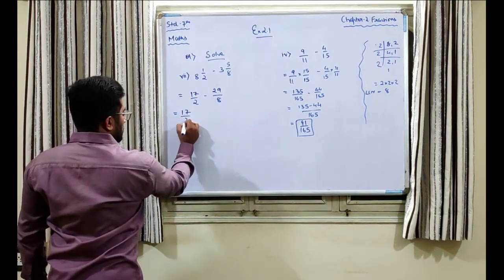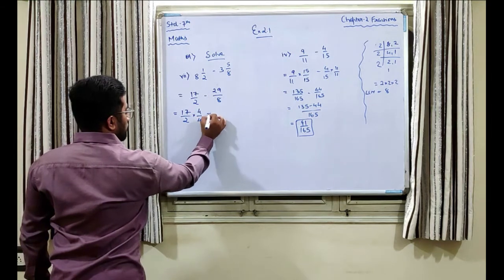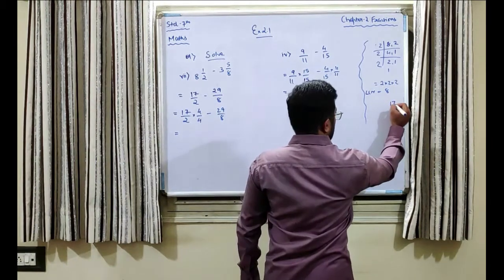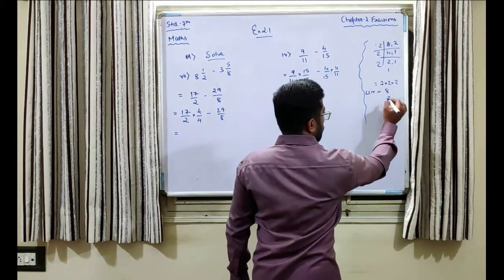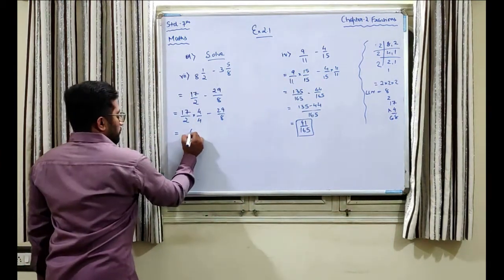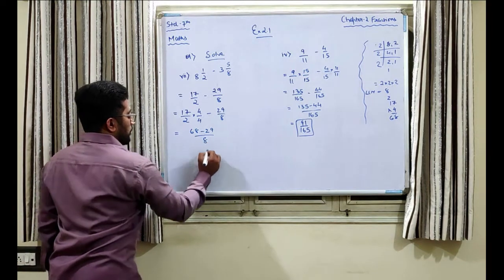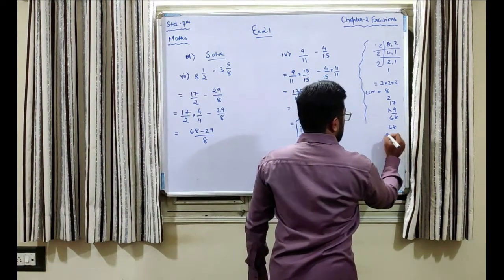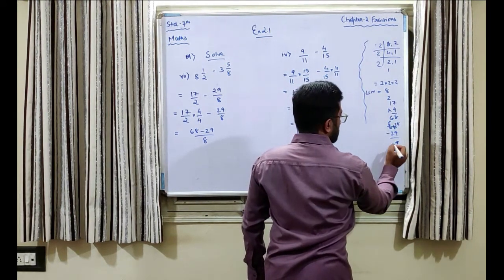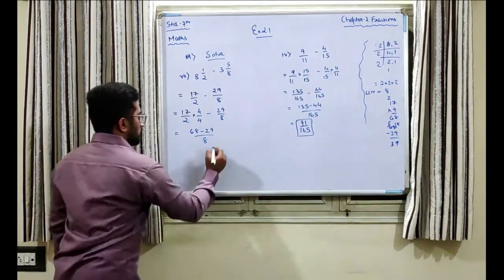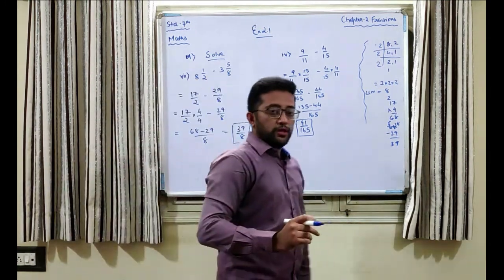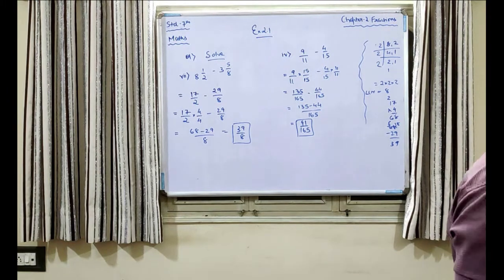So what we will do is 17 by 2 multiplied by 4 here and 4 minus 29 by 8. So 17 into 4 is, let us do it, 7 4s are 28, 4 1s are 4, 5 and 6, that is 68. So here we will put 68 minus 29 upon 8. So we will deduct 29 from 68, that stands to 39. So the answer is 39 divided by 8. Okay, similarly do the other sums. So please make a note and try the same.